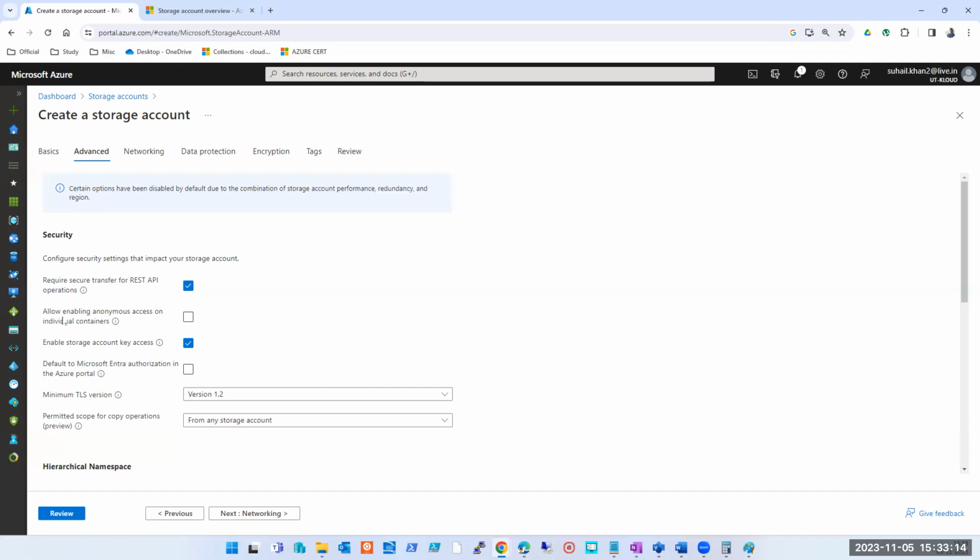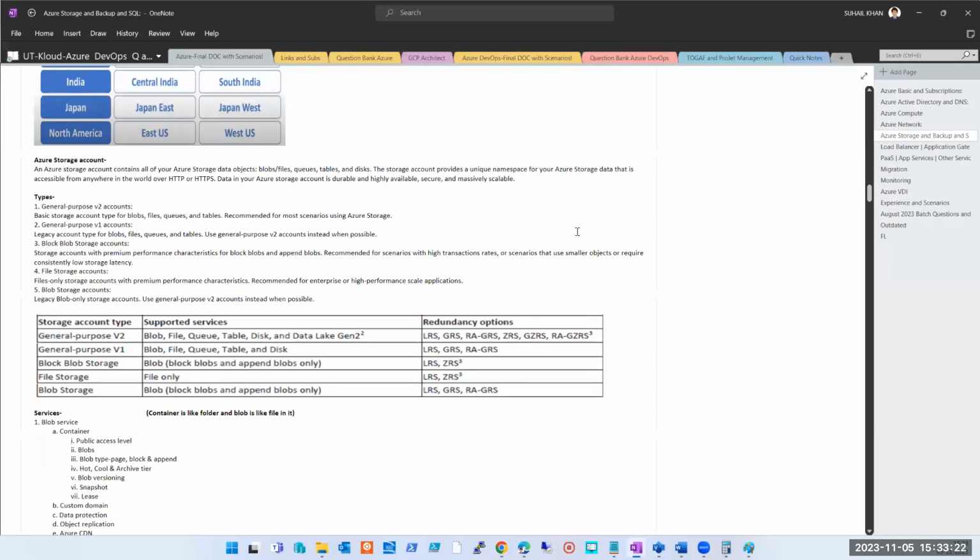Okay, so what does it say? That allowing this enables anonymous access on the containers, right? So what kind of services does a storage account have? We have containers. Under containers we have blob and files, we have queues, we have tables, we have disk.